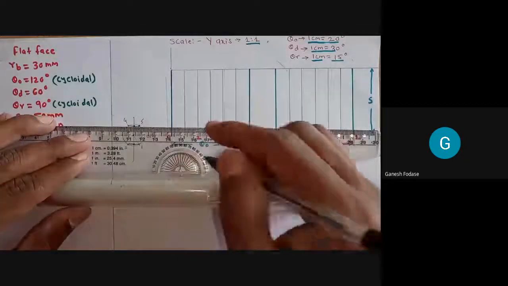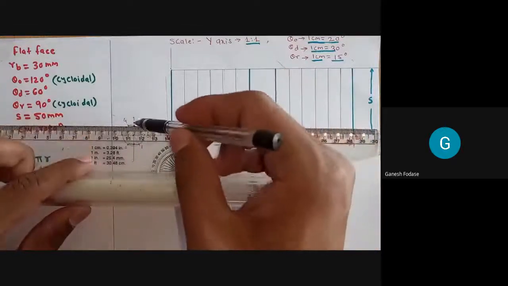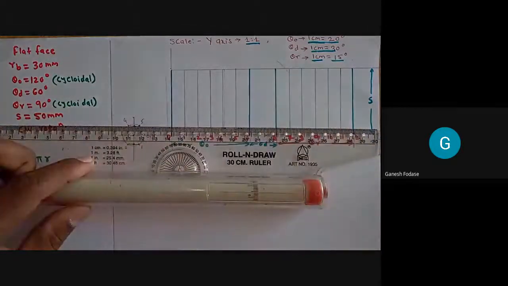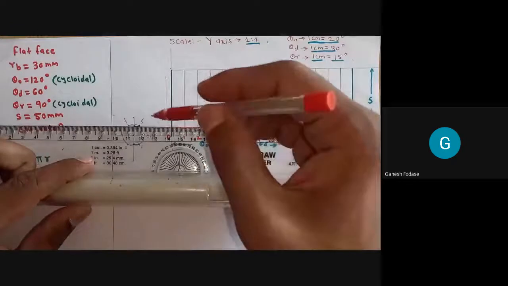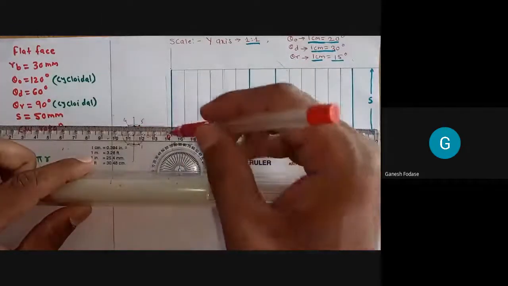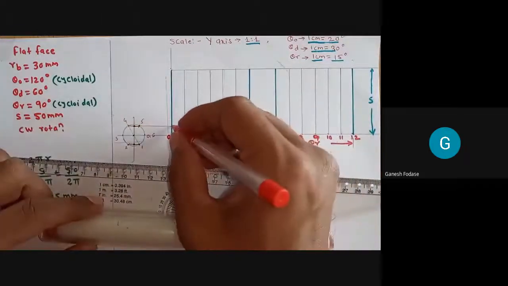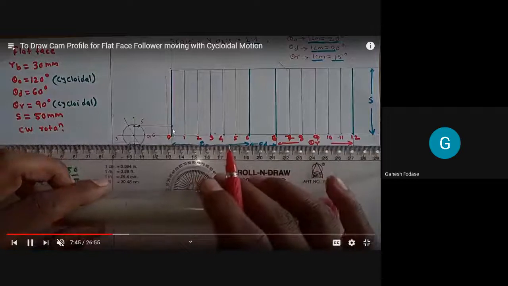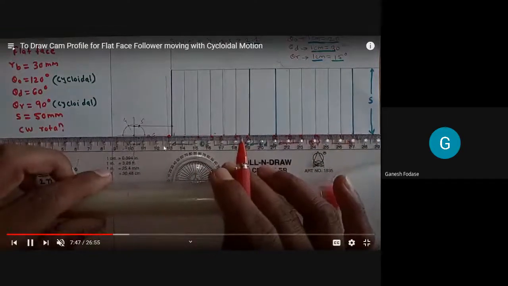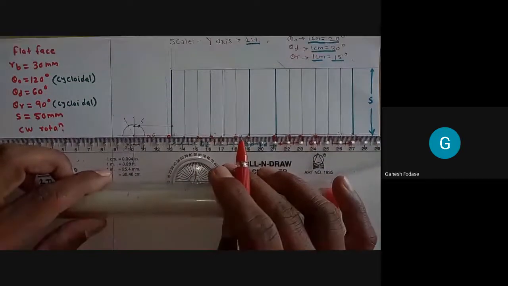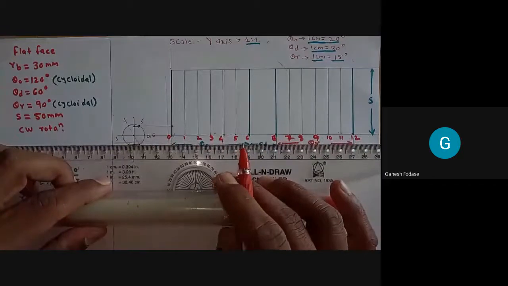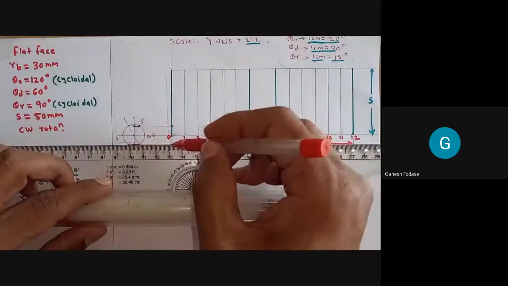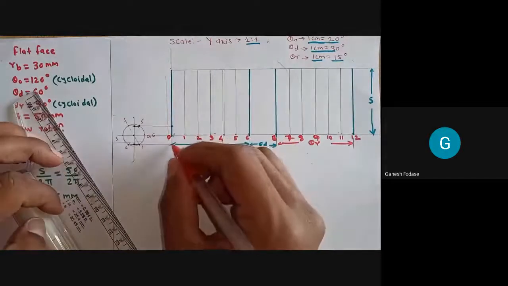Now after this you can see we are going to project these points. That is the projection of 4 and 5, we are projecting here on the y-axis. This point represents the projection of 4 and 5. Then the projection of 3 and 6. Then the projection already there is 0. Here it is the projection of 2 and 1.